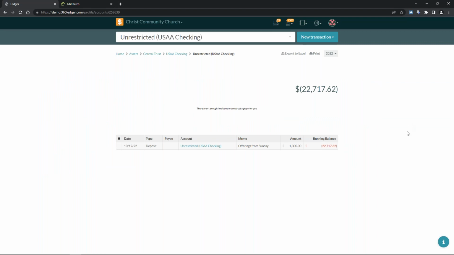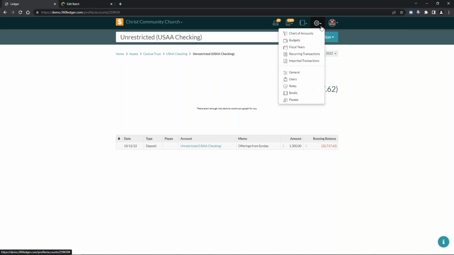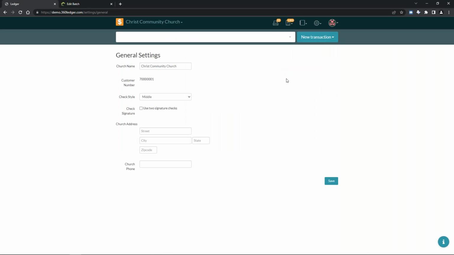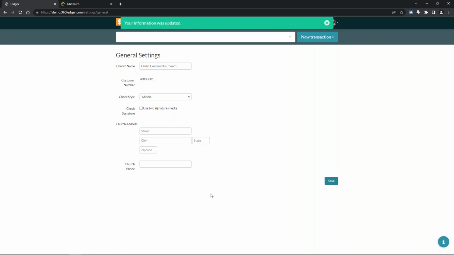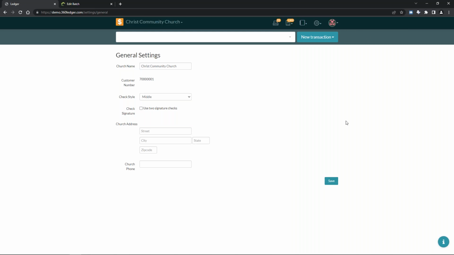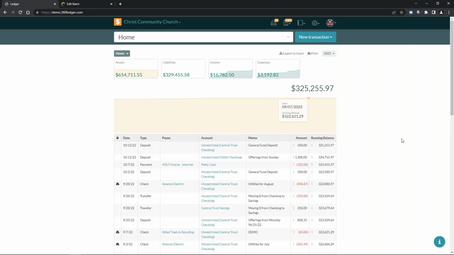We do have two major types of checks. We have the middle one that I had previously mentioned, and then we have the top check. You can choose those different types by going up here to the gear icon and going into general. You can choose exactly what your check style is going to look like if you have those administrator permissions. And if you needed to use two signature checks, then you could just check that box as well. Any sort of information that you need on those checks, I would always visit the general settings if there is a question. So we'll just go back up here to the home button, back to the home screen,